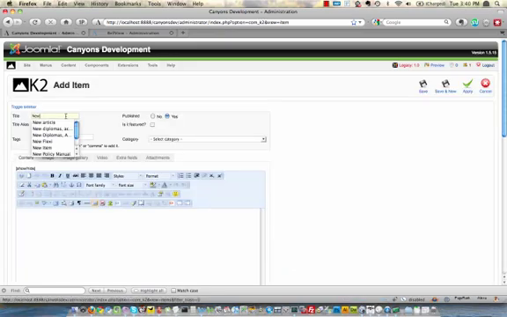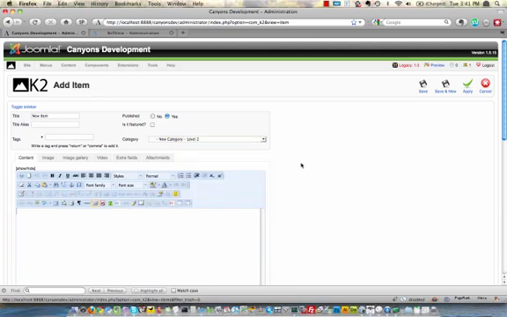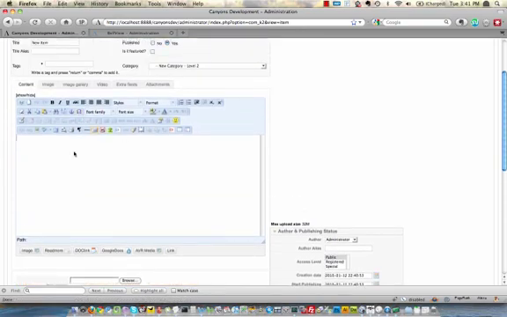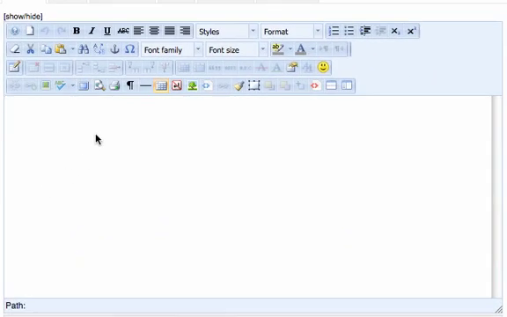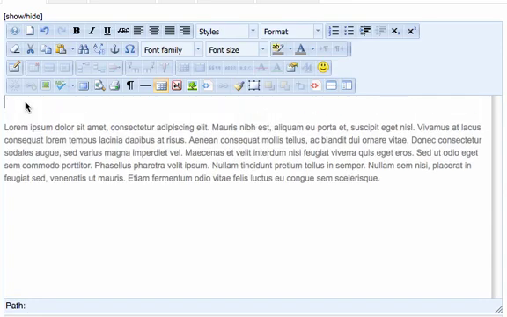And we'll just call this new item and leave the alias blank and choose the new category. I'm going to do new category level 2 here, and now we can start editing some of the text here. This is just like using a Word document or word processor or whatever. So we'll type in some text, and I'll grab some text from the Lorem Ipsum website here and just type that in. And you can change the text here, put a title in here,